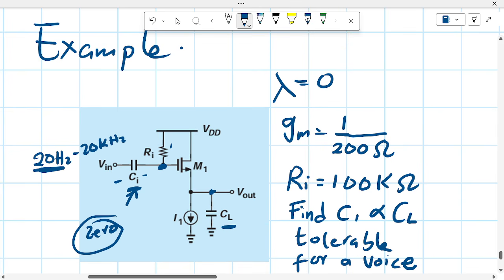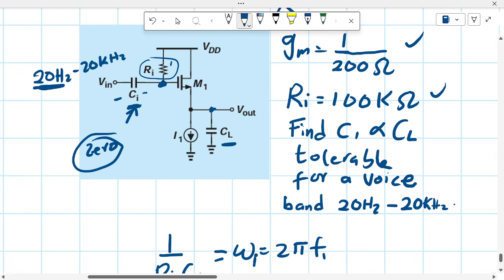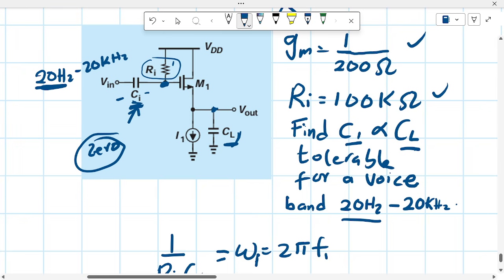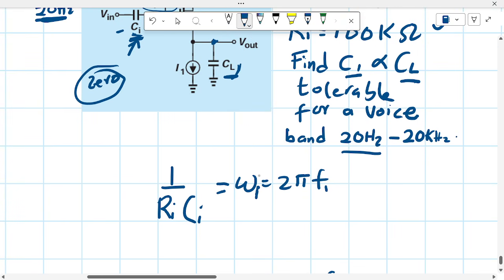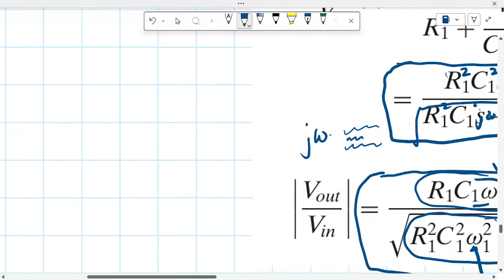So in doing the calculation, we have been given the gm, and the R resistance value here as 100 kilo ohms. Then we want to find appropriate values of C1 and tolerable values of load capacitance as a result of some parasitic capacitance introduced into the circuit. So we start at the lower band. At the lower band, we know this zero could be found by, so over here,